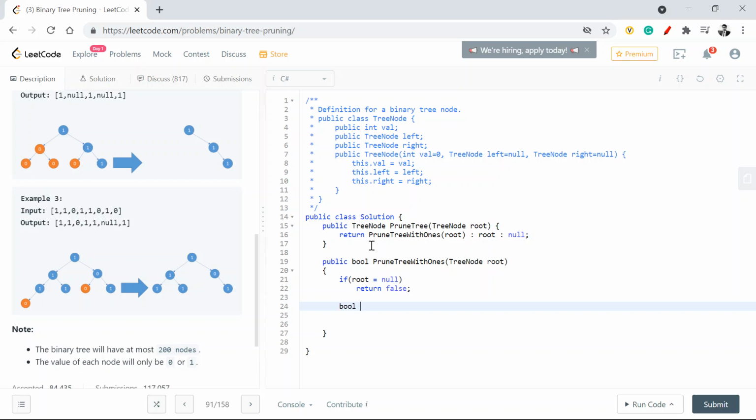So bool left prune, however you want to call it, prune tree with ones. This time I will call root dot left, and similarly a right one.